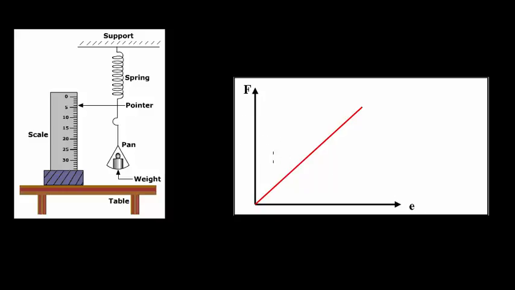Then what happens is at one point, well, you stretch it too far and it just goes a bit pear-shaped. So what we can say for sure is definitely between here and here the relationship is linear. But if we looked a little further out, then we see actually the relationship starts not to be linear, and it reaches the limit of its elasticity or something, I think I remember. We've got the videos on the science area in additional maths Key Stage 4, look at Hooke's law. So after this, for example, you have permanent deformation. And so if you get to this point here, the spring will never return back to its original length,